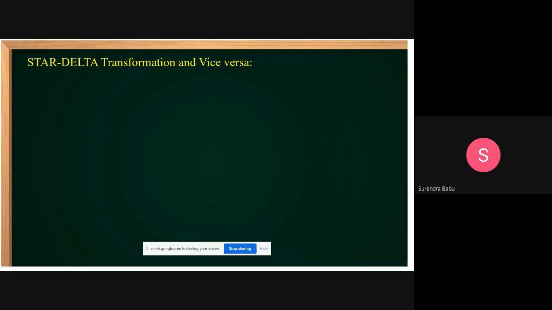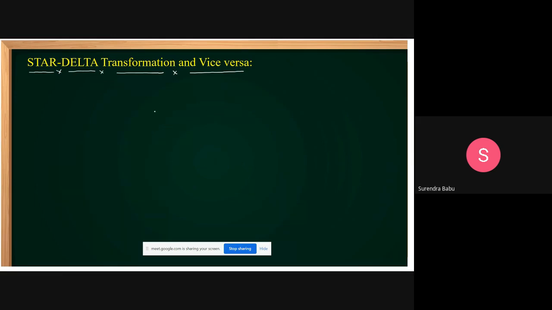So before starting the practice questions with respect to equivalent circuit of R, L, and C, first, I want to discuss one small concept. Then we go further. Mainly concentrate on star delta transformation, students. This method is also important to solve the questions based on equivalent circuits. Star to delta transformation and delta to star transformation. Both the methods I want to discuss.